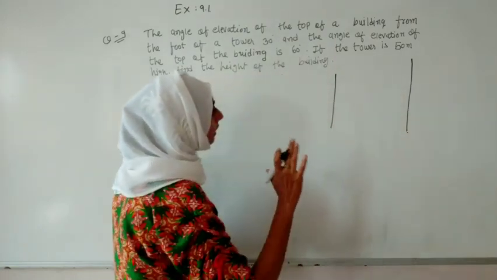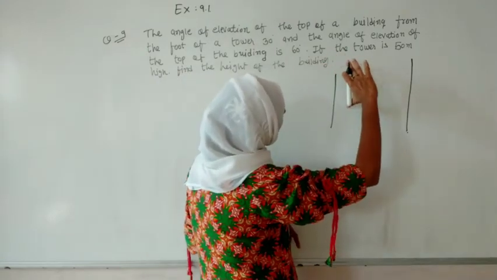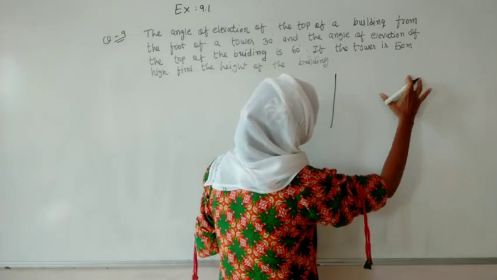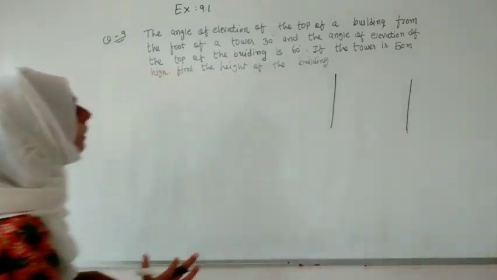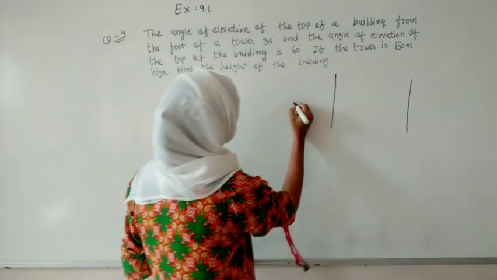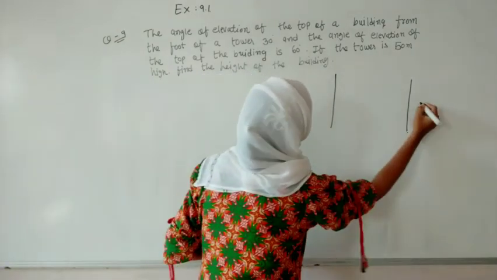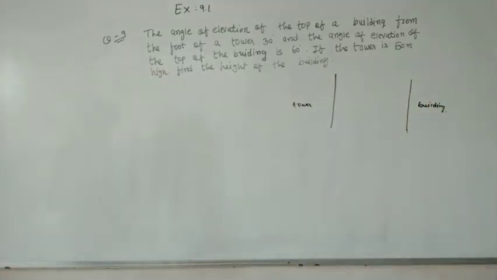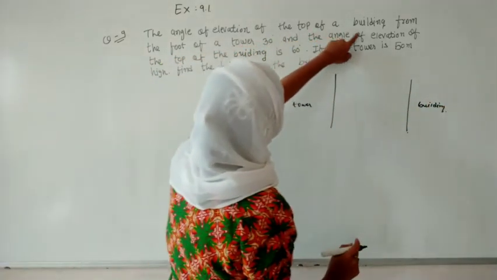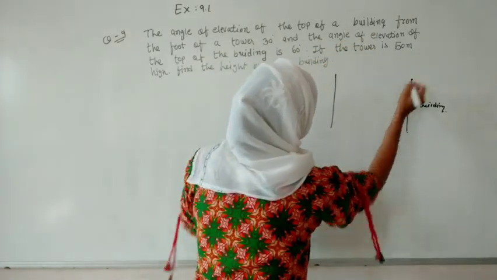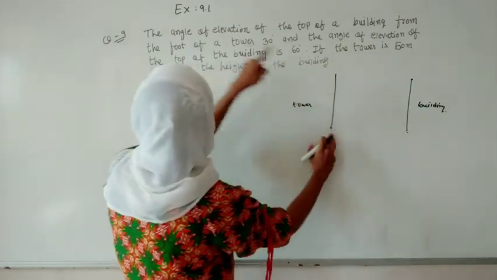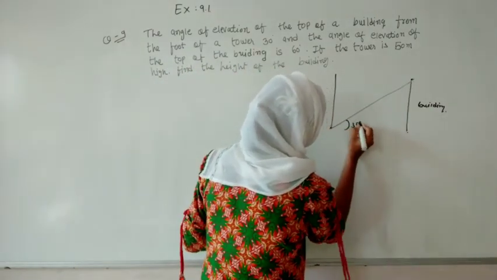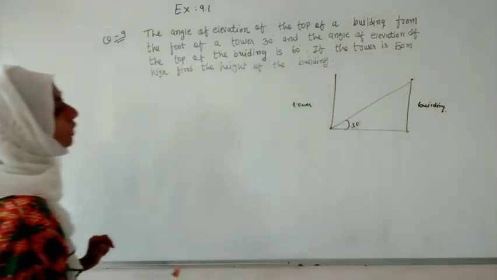Now actually in real life, the tower will have more height than the building, but when you see the figure in some books, you will find something different. So here I am indicating this one as the tower and this one as the building. So the angle of elevation of the top of the building, if we are watching that building from the foot of the tower, is forming 30 degrees over there. Okay, understood the concept?